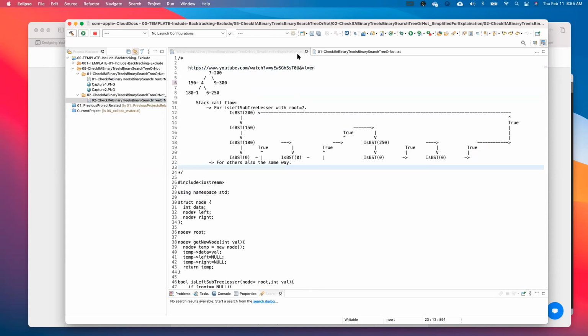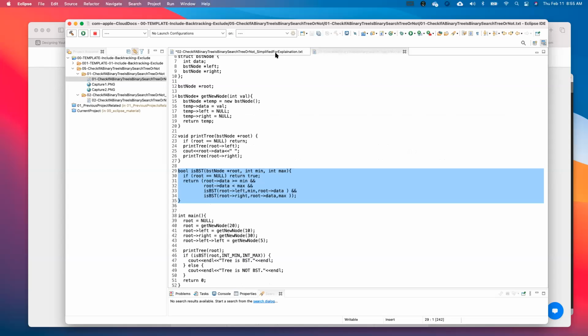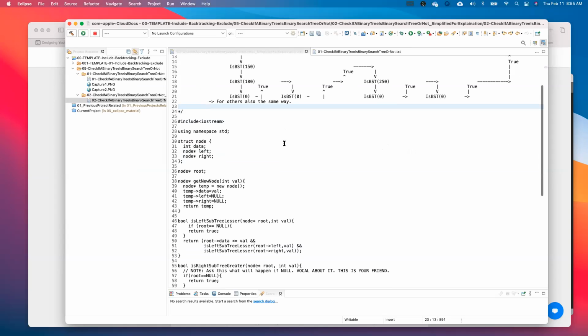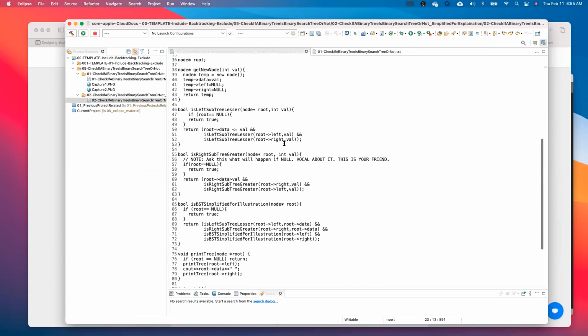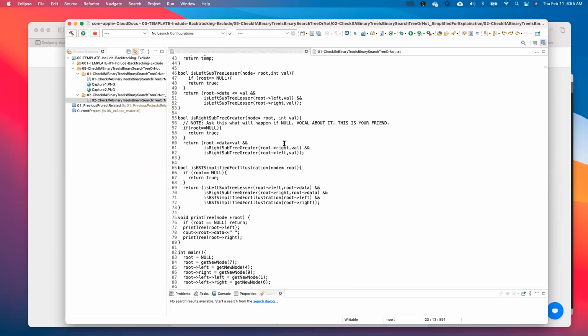Can you scroll down a bit to where you are actually showing? No, the main one. Slightly go down. Okay, here. So you are again using the BST simplified for illustration for right and left. You do left subtree, right subtree, and again you do it for root left and root right. Because you go in one subtree, again you have to go to its left subtree.